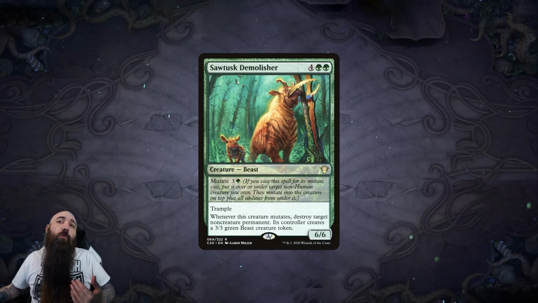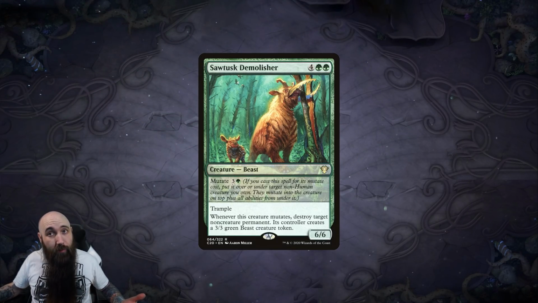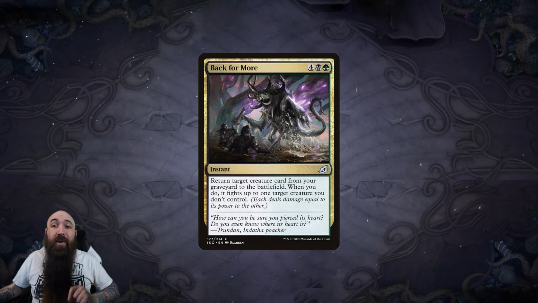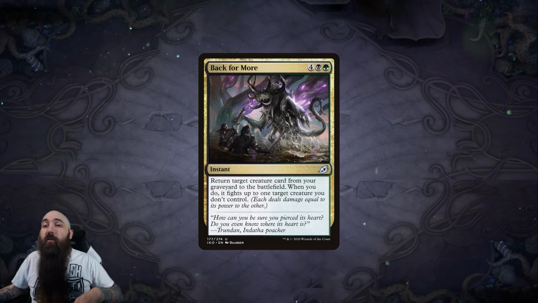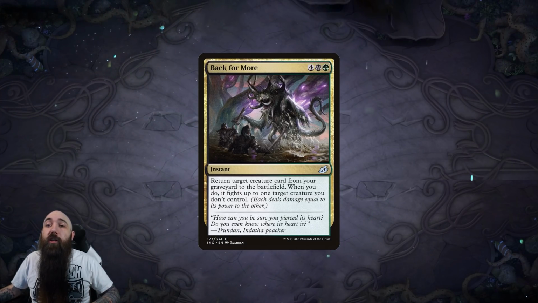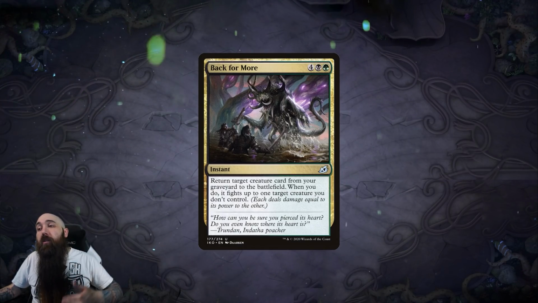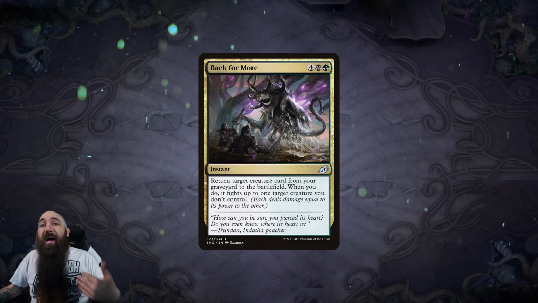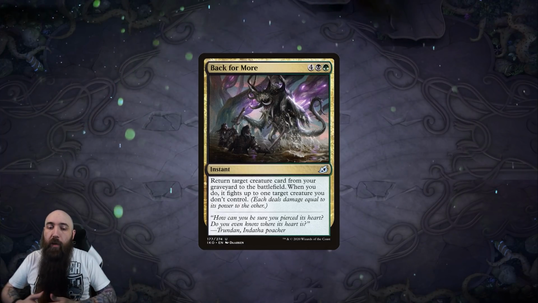The other way that we're able to fight outside of Inscription of Abundance, because obviously we can only have 4, we're also using Back for More, which is a 6 mana instant. Return target creature card from your graveyard to the battlefield. When you do, it fights up to 1 target creature you don't control. So this is just fantastic because if they kill Obliterator, which most likely they will, you can bring it back at instant speed, so at the end of their turn, or in the middle of combat, you can flash it in